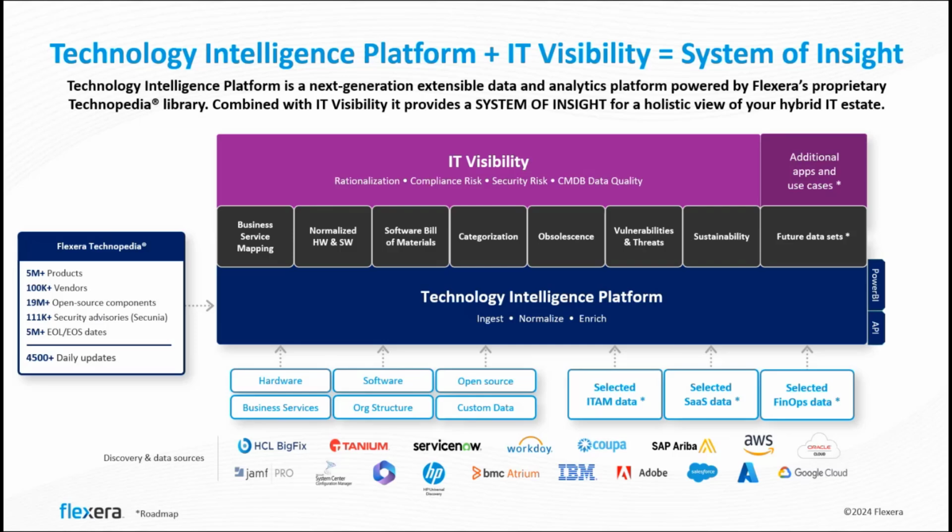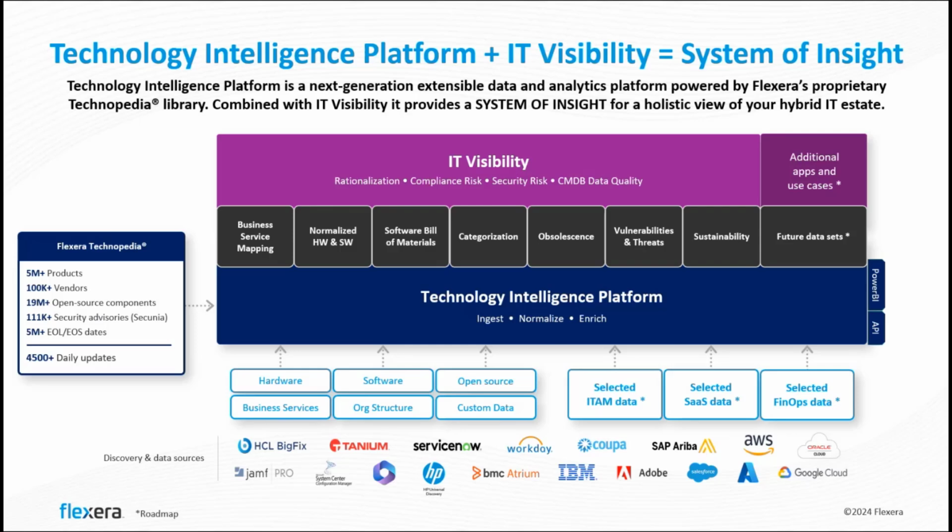So Technology Intelligence Platform and IT Visibility, being the first product released on top of the Technology Intelligence Platform, becomes that system of insight. Technology Intelligence Platform is a next generation extensible data and analytics platform that is powered by Flexera's proprietary Technopedia library. So combined with IT Visibility, it provides that system of insight for a holistic view of your hybrid IT estate. It will, as such, as you can see in this diagram, provide use cases, typical IT